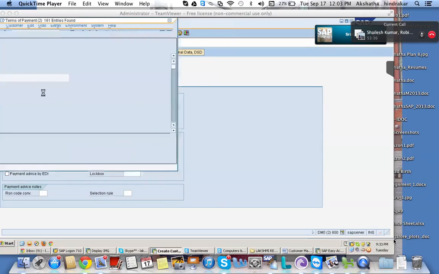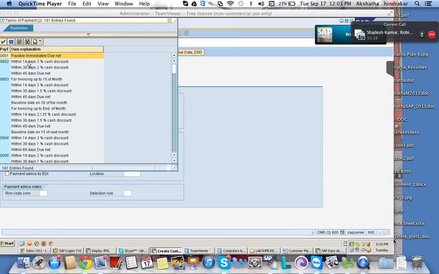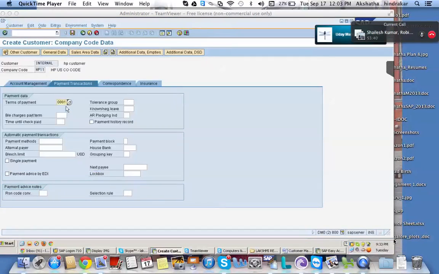Here I'm just taking the 0001 payment terms. One more field is the payment history record. If you have assigned credit management to this customer, then